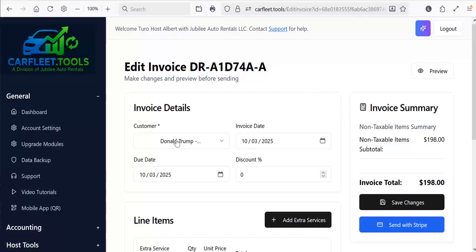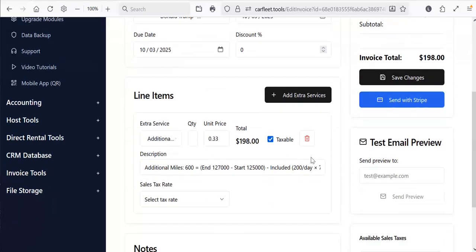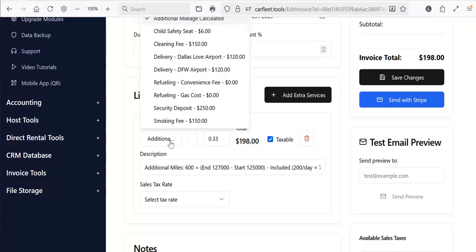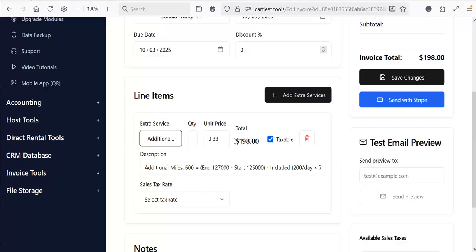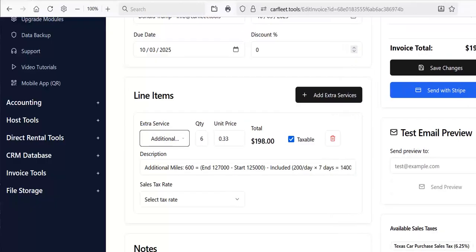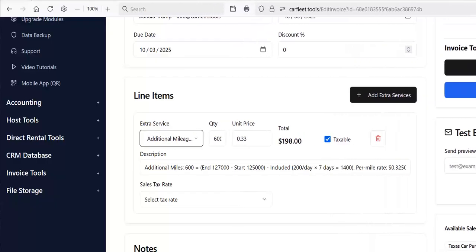So here's the basic information: Donald Trump, trip dates, invoice date, due date is today. Actually, you can change the due date to whenever you want to. It's got $198 in there. So why is that? Well, that's because the additional mileage has already been calculated. So it knows that you went, and I'm going to expand this out, how many miles